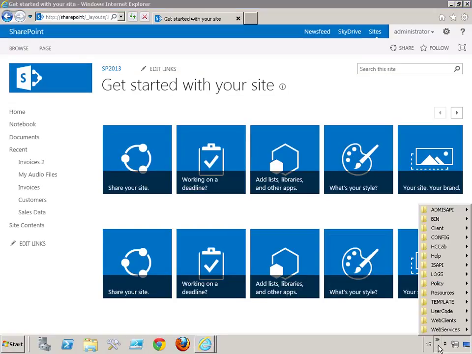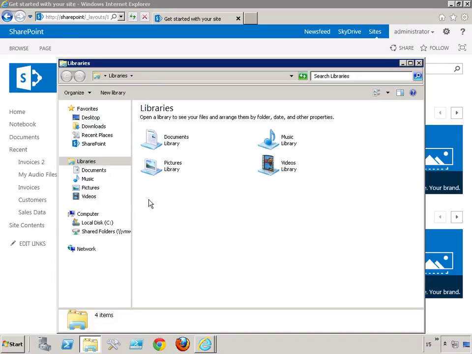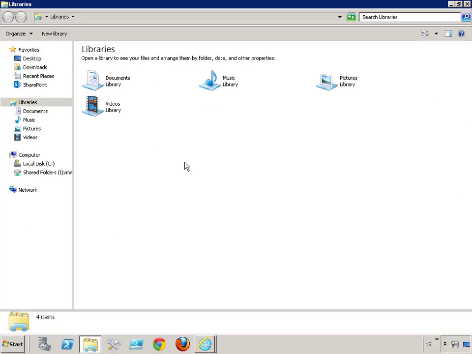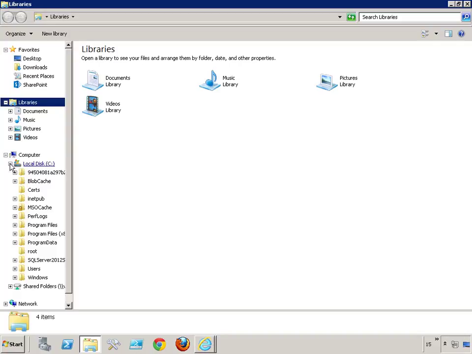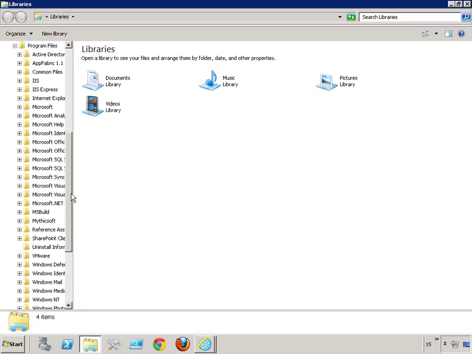Now, this feature is located in a special place on the disk called the 15 hive. Now, the 15 hive is where the SharePoint 2013 or SharePoint 15 files are located. In SharePoint 2007, we called this the 12 hive because that's what the number was that they used. When SharePoint 2010 came out, we decided to stop calling it a hive and started calling it the SharePoint root. However, we're back to the hive name because